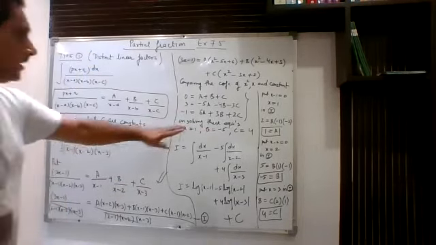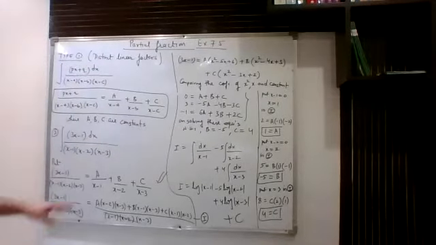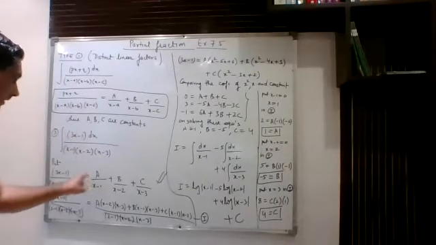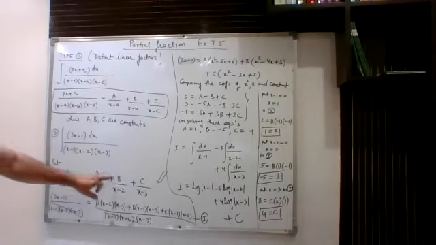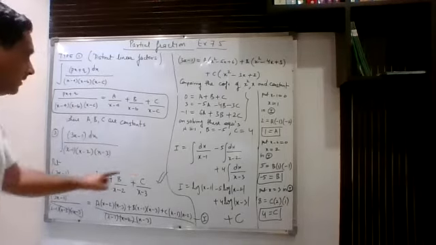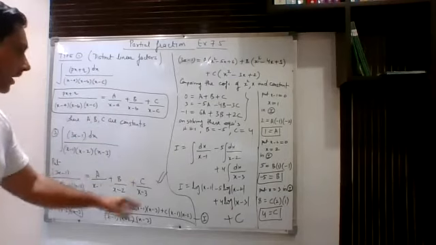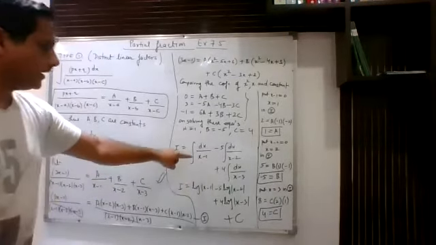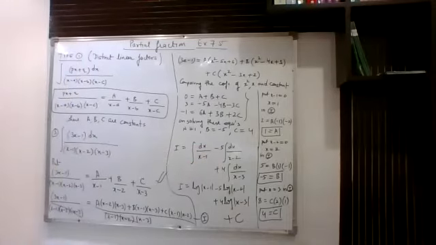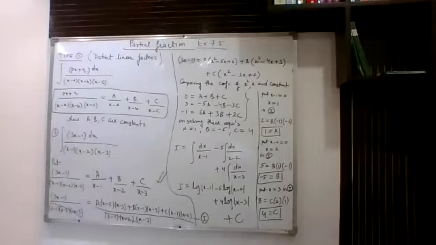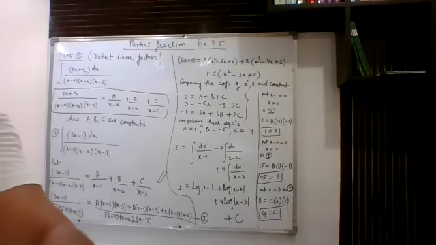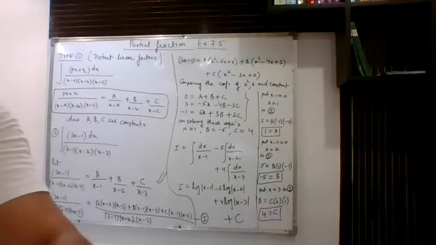Now, finally, after getting the values of A, B, C, you will utilize this expression, because ultimately this expression is equal to the integration of these three individual expressions. Just I had put the values of A, B, C. So A is 1, B is minus 5, and C is 4. After that, I am integrating them. So when I write the integration, I can take this constant outside. So when I take a constant outside, you know that by the standard formula, these are the integrals of log. So just you will use that formula and you will get the answer.